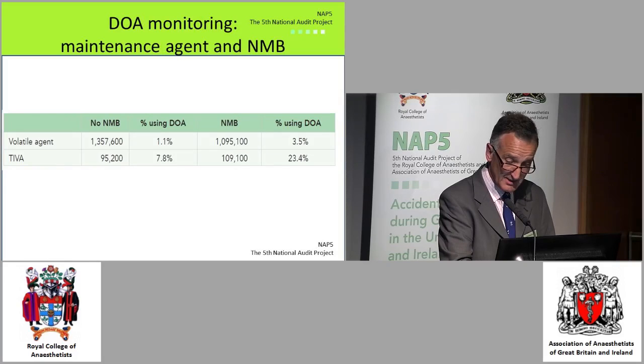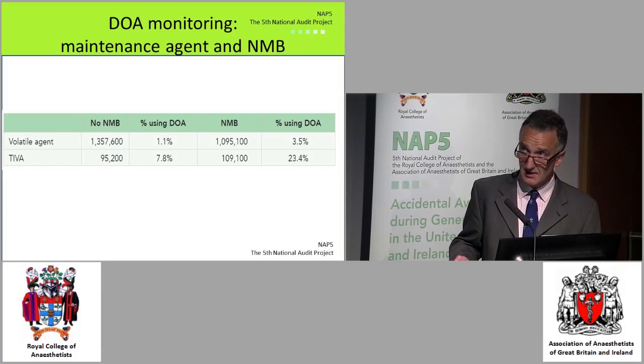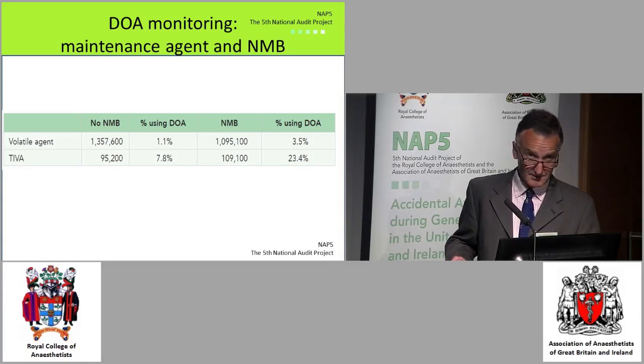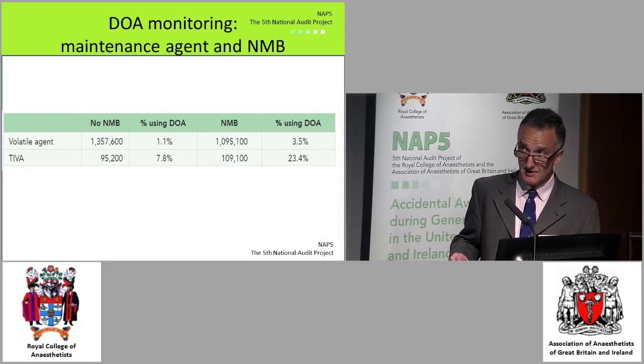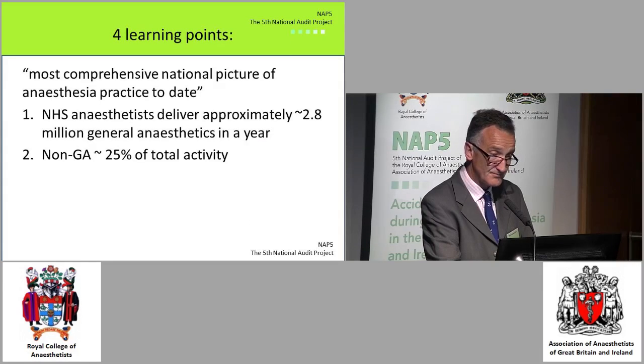But suppose we separate these according to the type of drugs that you use. And this is what we've done here. With a volatile agent, if you don't use a muscle relaxant, only 1% of patients are monitored. If you do have a muscle relaxant, this goes up. With using TIVA, where obviously you don't have a monitor of the amount of drug that you're using, then this goes up. If you don't have a neuromuscular blocker, it's higher. But the highest of all is if you're using TIVA and neuromuscular blocker. 23% of patients are monitored.